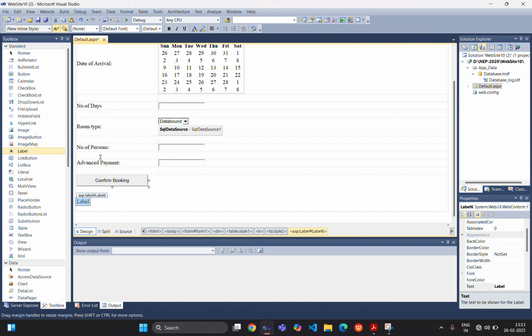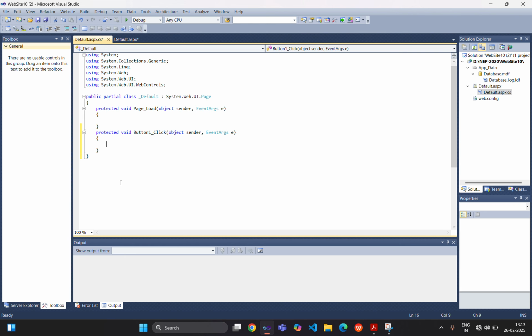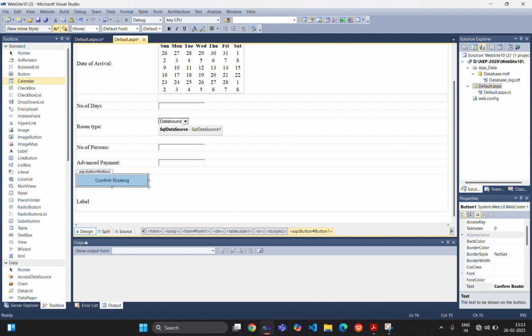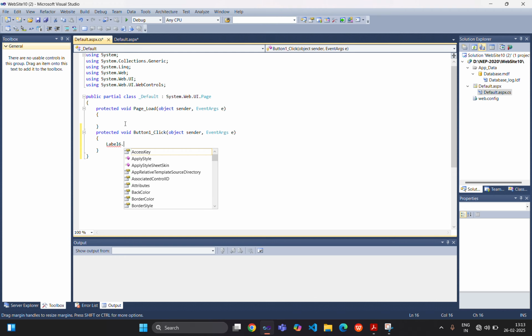It is label 6. In the confirm booking we are writing label 6. This is label 6. Label 6 dot text equal to arrival date,